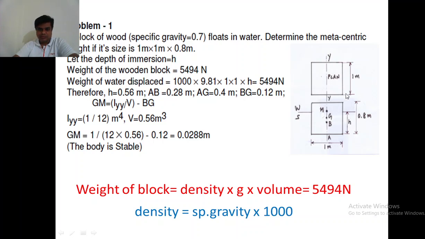So bh cube by 12. Any moment of inertia of a rectangle cross section will be bh cube by 12. Here b is the width, h is the height or length in this case. That will give 1 by 12 meter to the power 4. And the volume of this